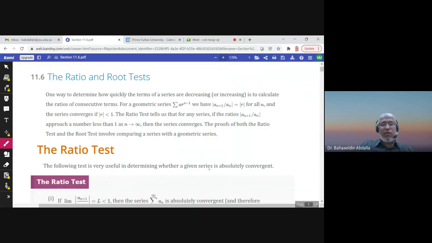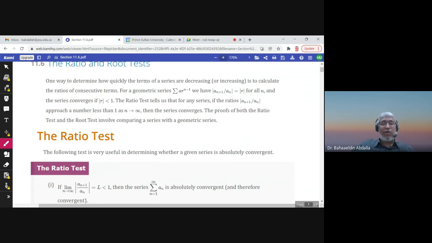This is section 11.6. We have two tests in this section, the ratio test and the root test. And we will start with the ratio test. The ratio test says